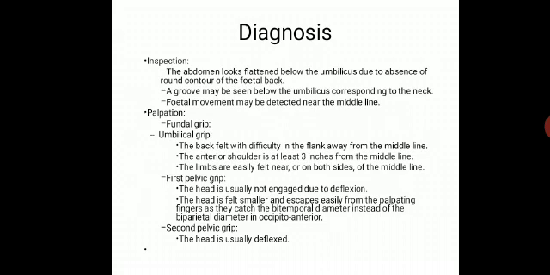And how will you diagnose occipito-posterior? On inspection, the abdomen looks flattened below the umbilicus due to the absence of the round contour of the fetal back. A groove may be seen below the umbilicus corresponding to the neck of the fetus. Fetal movement may be detected near the midline, anteriorly. On palpation, the fundal grip will be getting the breech, the umbilical grip, the back will be